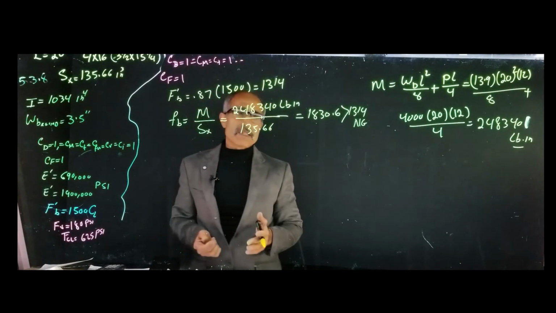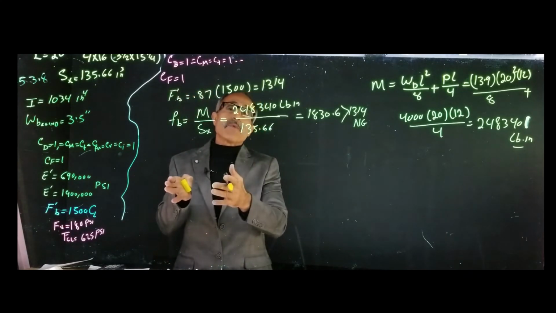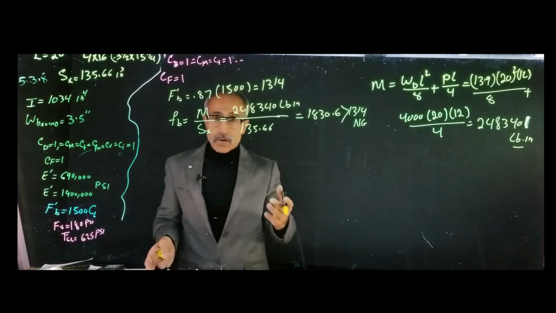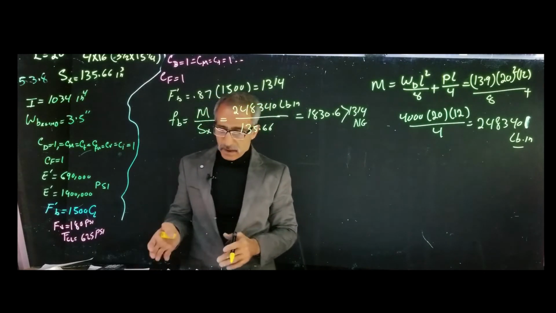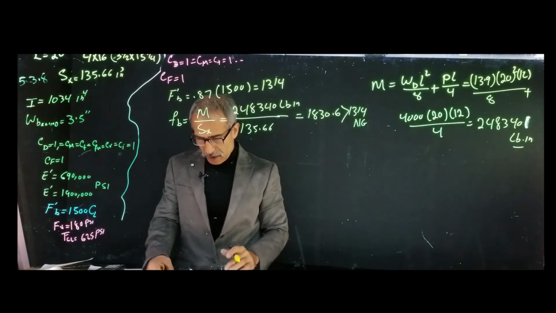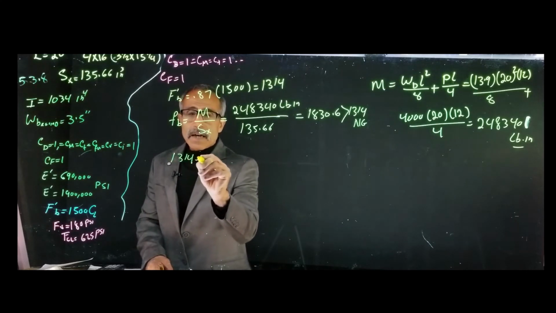What's the maximum weight I can support? Let's find out what's the maximum weight I can support. Then we can use that maximum weight, see if it's going to meet the other criteria. And then for a beam design, we have to check for 4 different criteria. All right, so what we're going to do, we're going to say, okay, FB prime is equal 1314, and that